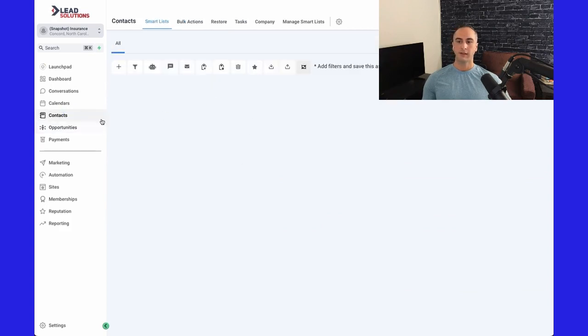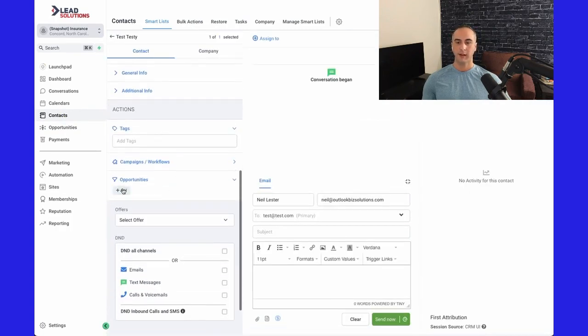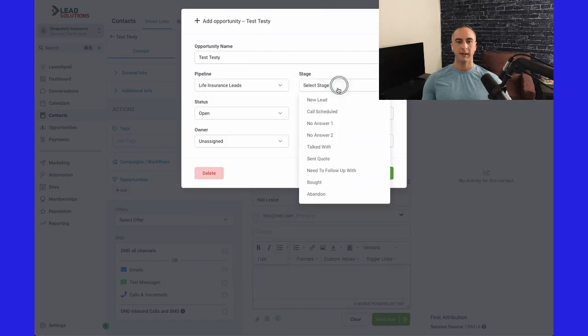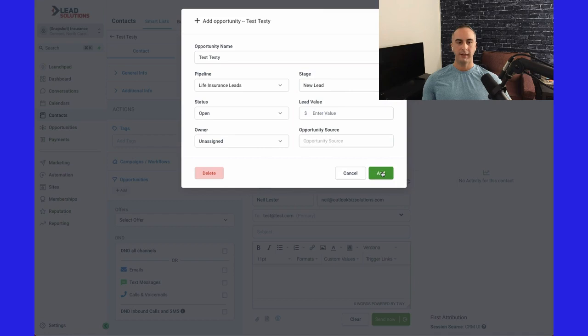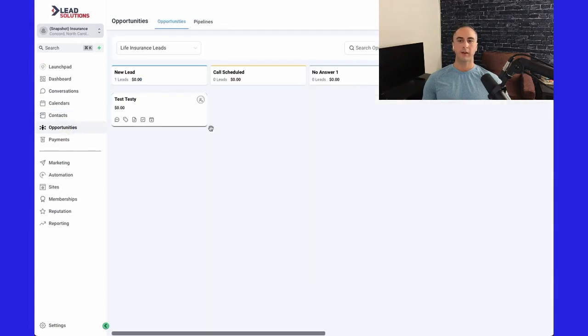So what I'll do is, let's go back to our test lead here. We're going to go down to opportunities. We're going to add an opportunity. We're going to put them in the life insurance lead. We're going to put them in new lead. We're going to leave it unassigned. You can assign it to a user if you want to, if you have a staff that's using this. If not, all right, now that it's loaded up, we're going to go back to opportunities, and you'll see there's the lead